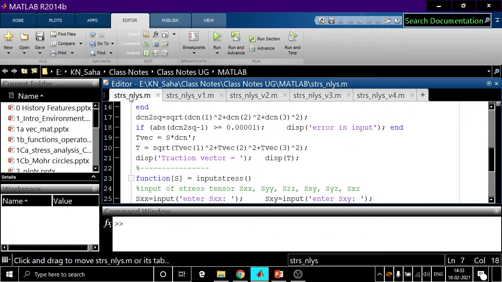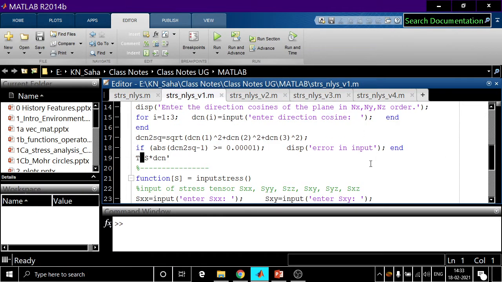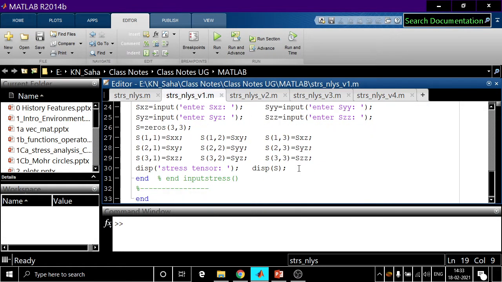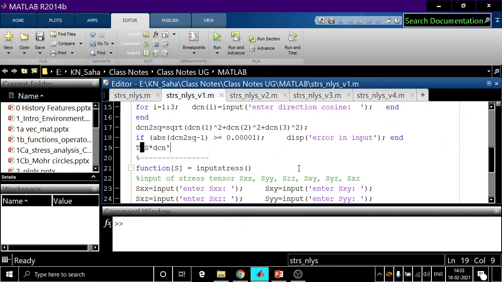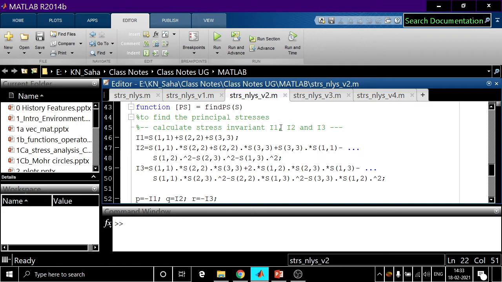So that earlier version of our MATLAB code, we have named it as version 1. Okay. So in version 1, how far we did? We calculated the traction vector. Okay. And that much we did. Now today what we'll do, we have added another module which was to determine first the